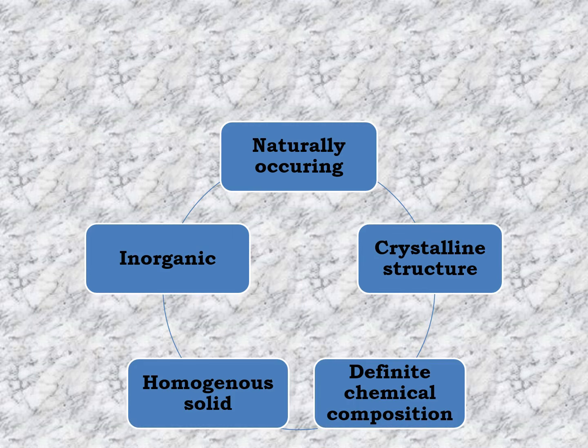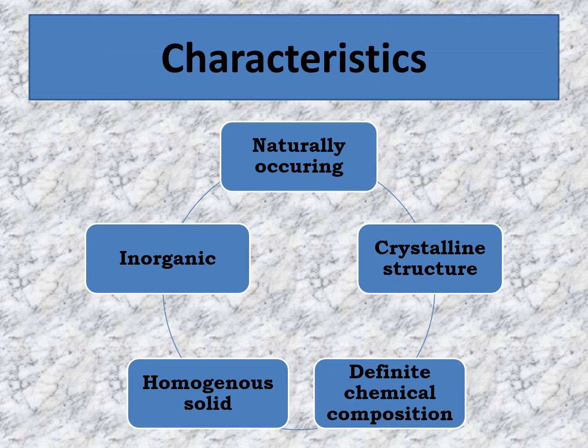Next we have the characteristics of minerals. A substance must have the following 5 characteristics for it to be considered a mineral. The first one is naturally occurring. What do we mean by that? When we say naturally occurring, it exists by nature and without artificial aid. It must be formed by natural processes, meaning a mineral cannot be man-made, manufactured, or created in a laboratory. So, ang mineral ay kusang nagaganap or kusang nabubuo.